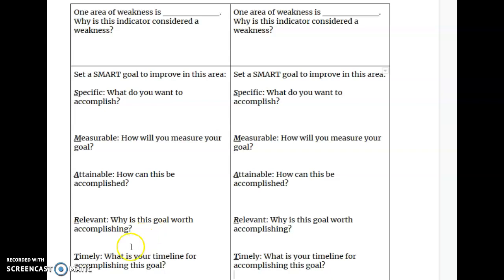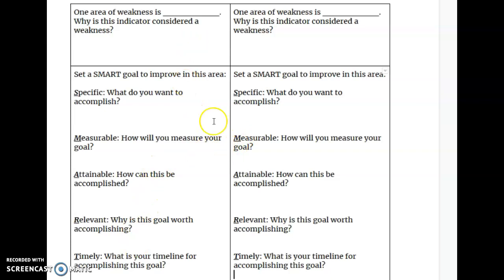So finally then, what is your timeline for accomplishing this goal? It could be the semester. I'm going to work from January to May. But my suggestion here is that you break this down, and I'm going to improve my IXL score by a certain percent in 4 weeks. I'm going to improve my math grade moving from a C to a B by progress reports. That's 4.5 weeks, because the smaller your timeline is, the more likely you are to meet that goal.